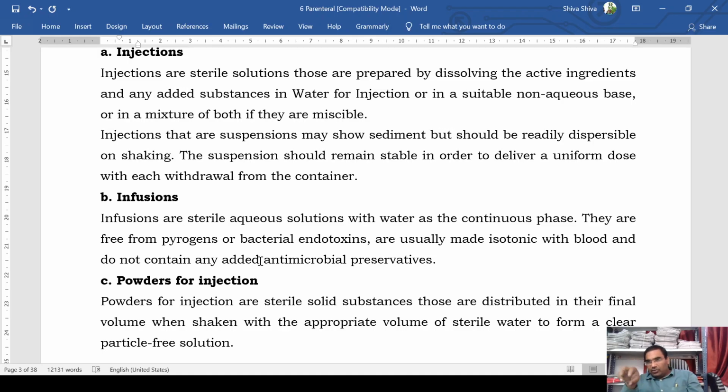If you look at the container of this powder for injection, you might see two different containers, one containing your active ingredient powder and another containing water for injection or sterile water for injection. At the time of injection, both are mixed, shaken, and the solution is prepared by the physician and then administered into the body